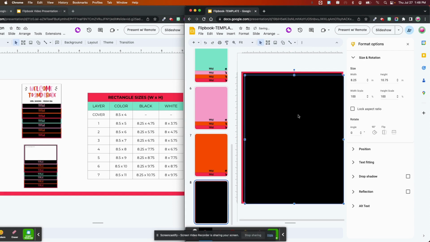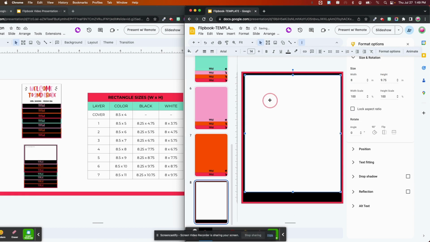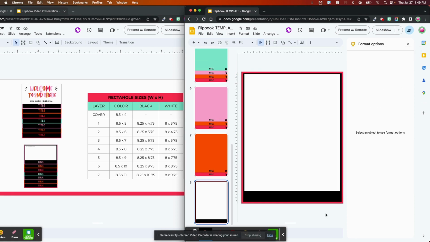Next, you're going to duplicate the black rectangle and change the size to 8 by 9.75. Change the fill color to white. Then eyeball it to where there is approximately an equal distance on the top and the sides, just like we did for option 2. For this design, the black was added for aesthetic purposes, and the white background increases the